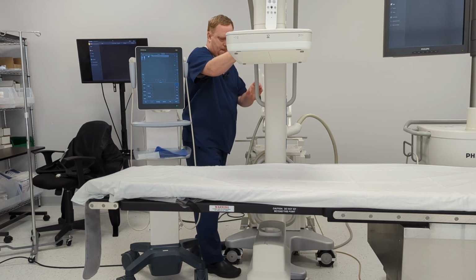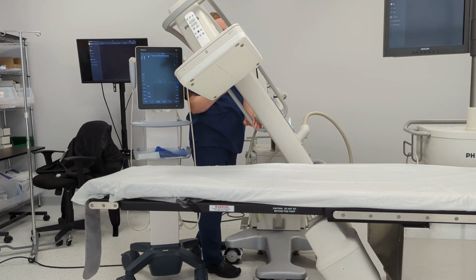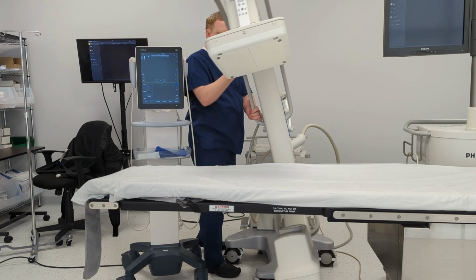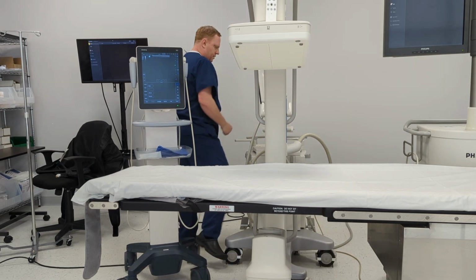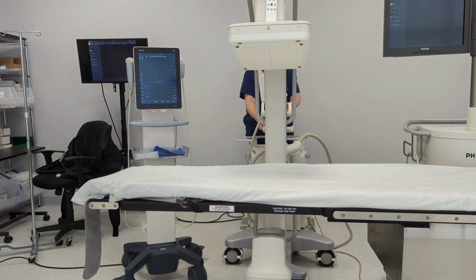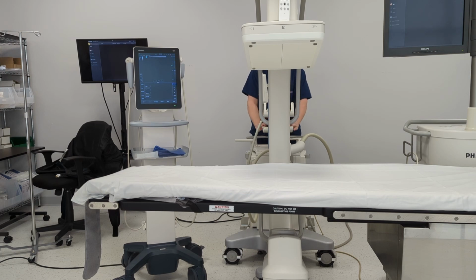But if occasionally we do need to use the cranial caudal unlock, it's the orange handle on this machine. And since I moved far enough away from the base of the procedure table, I have enough room to get a nice steep angle. As I'm locking the machine in place,